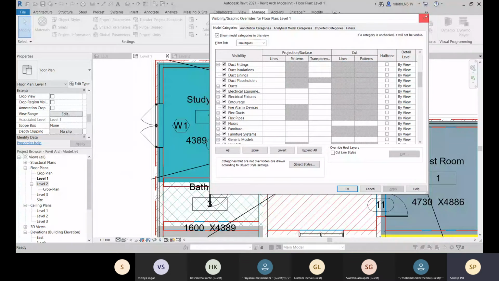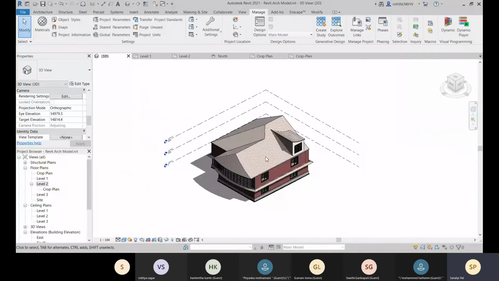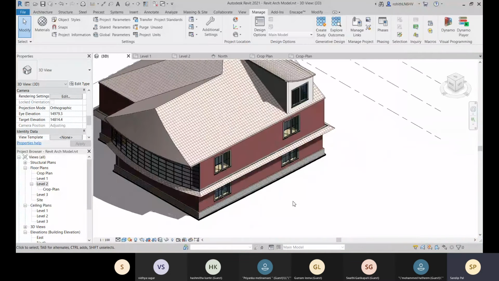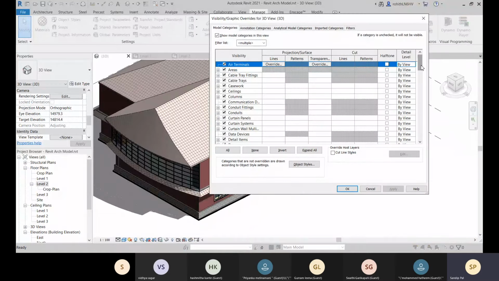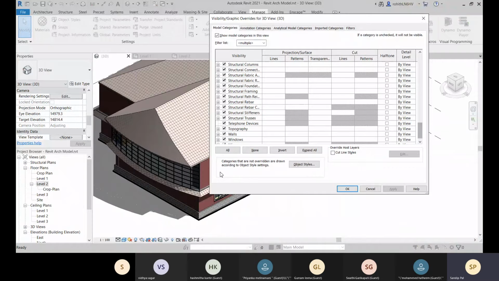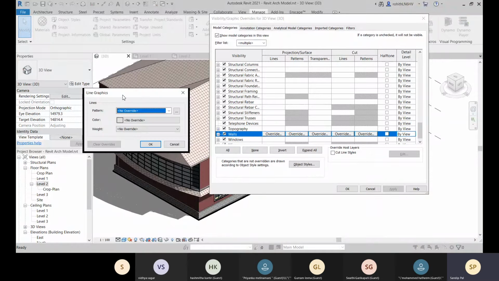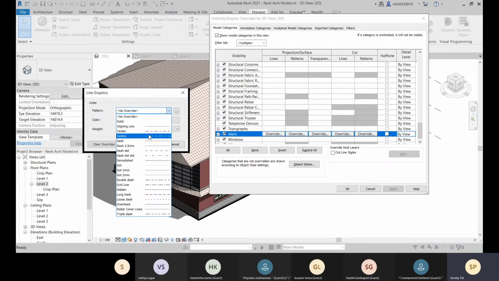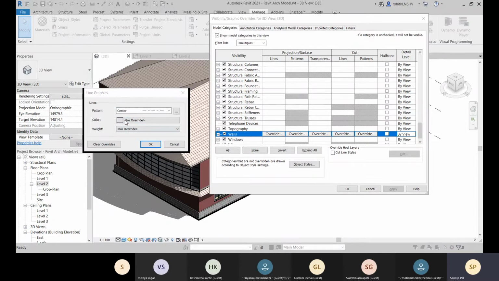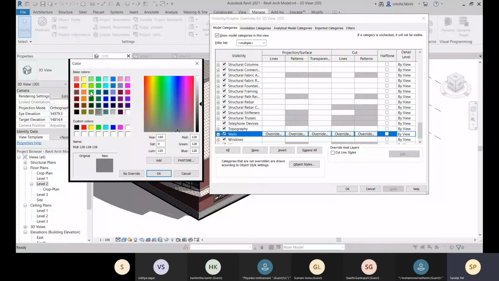Now let me switch to another view like this 3D over there, and again you come to this visibility graphics and go for this wall option there. And now if you go for this override within this view, let me go for the same center line color. Let me go for this green over there.